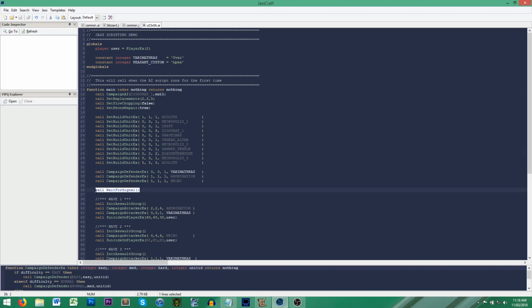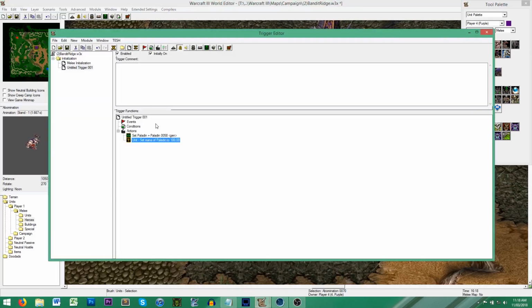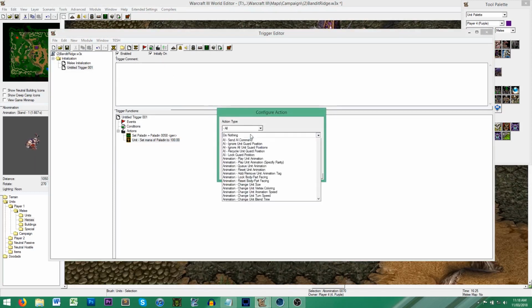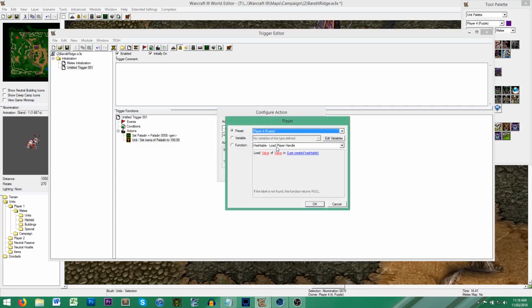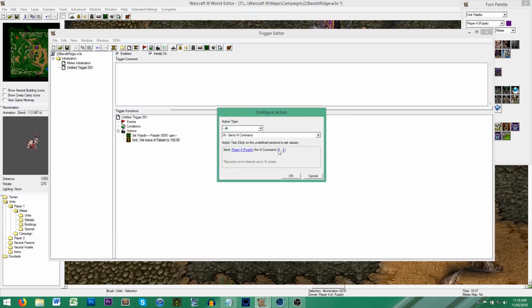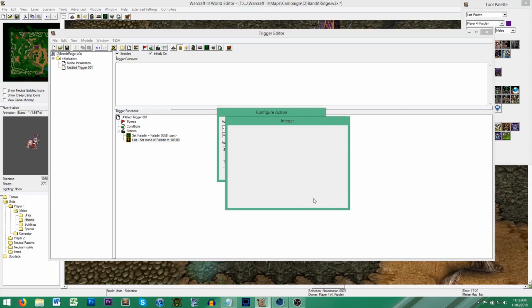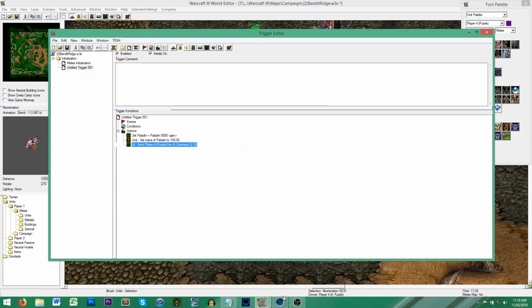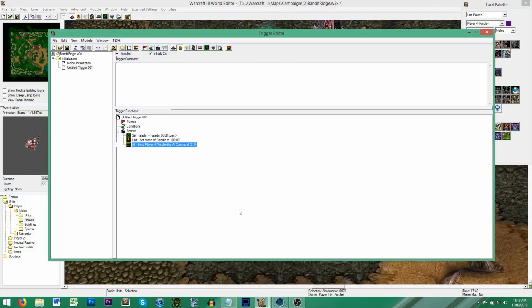And in Warcraft 3 World Editor, you can send this signal for the AI to continue running by going into triggers and going into actions and go send AI command. And you would send player 4 purple the AI command 0, 0. Now, whether you use 0 or 1 or 2, it doesn't really matter what numbers you use. All the AI is waiting for is just a command of any kind, and then the AI will start running